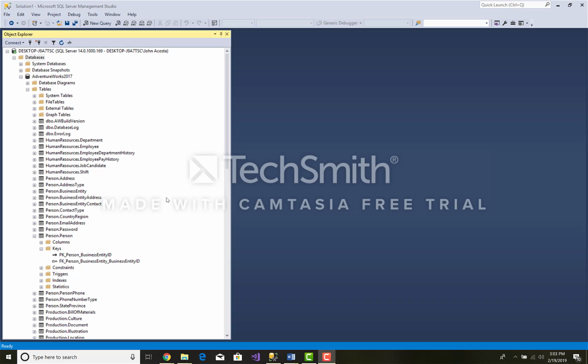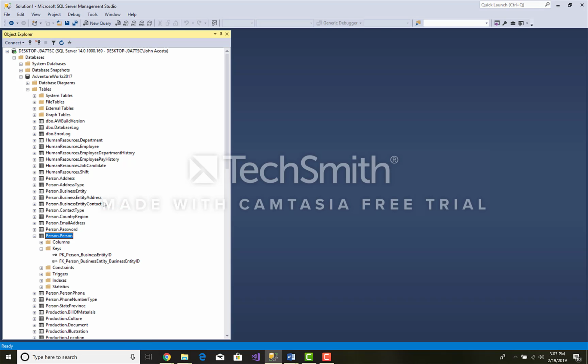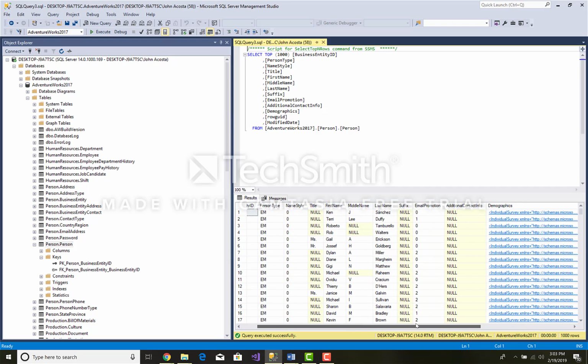For now, if you take your mouse and you right click on the table name, you can select the top 1000 rows. This opens up the query editor and you can see what exactly is within this table. You can see all the columns, the rows. You have here first name, middle name, last name,